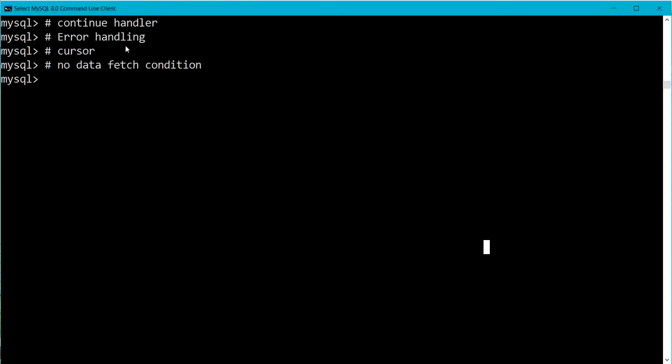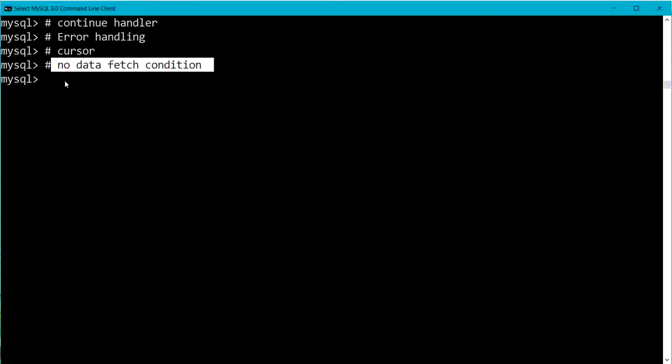We know when a select statement returns more than one row, we use a cursor to iterate through the result set and take action for each record. Note that all cursor loops require a not found handler to handle the no data to fetch condition. What is the no data to fetch condition? When a cursor returns no more rows, not found is the built-in condition which is used for the handler.